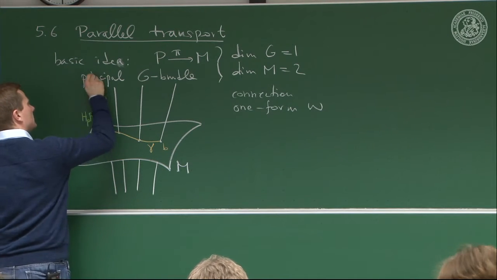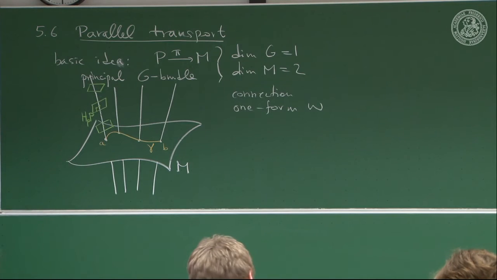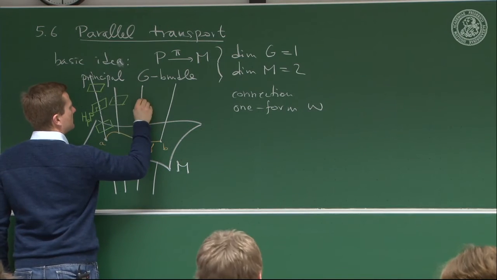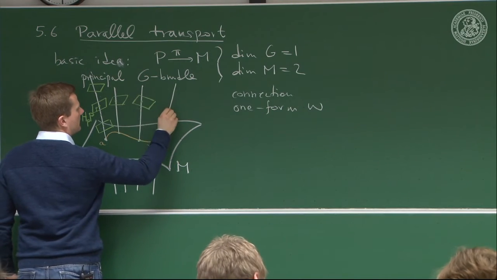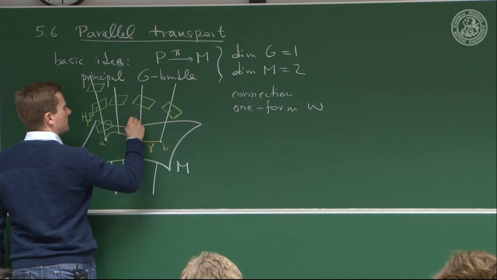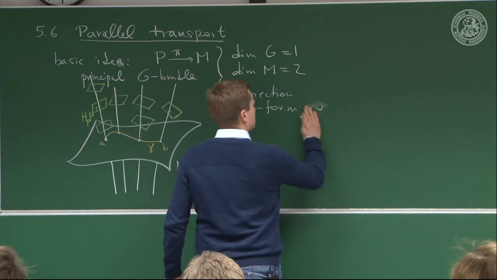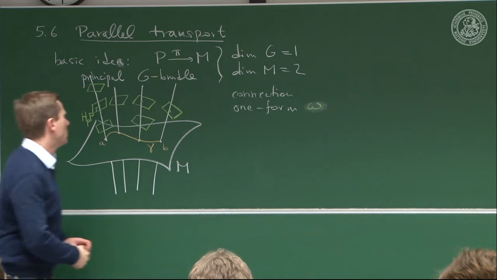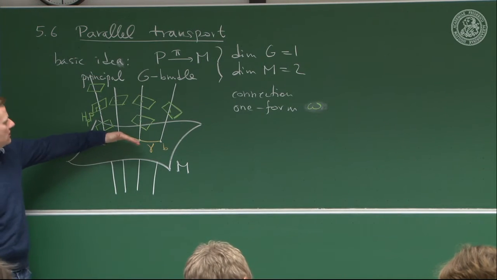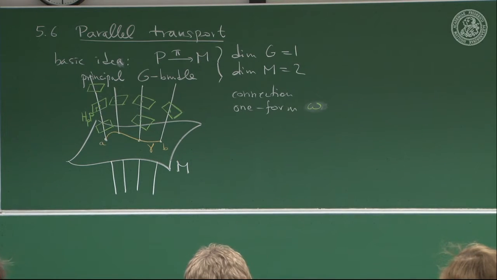So this is what a connection 1 form induces in each fiber, and so this continues. So at this point, it may look like this, then at this point, look like that, and here may look like this, and so on. And this is, of course, throughout the principal bundle. So this comes from this connection 1 form, omega. And now we have a special way to lift this curve gamma from the base manifold up to the principal bundle,